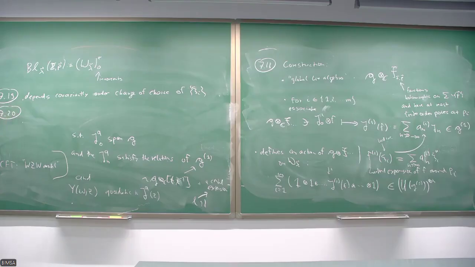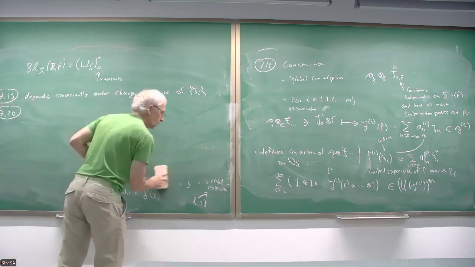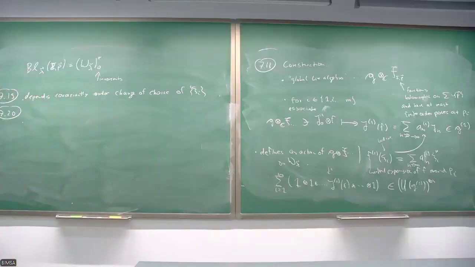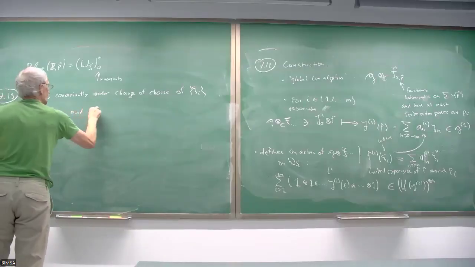So this was assuming that we have fixed this complex curve sigma and the positions p_i on it. Now, in the next step, we can vary the positions p_i and also the